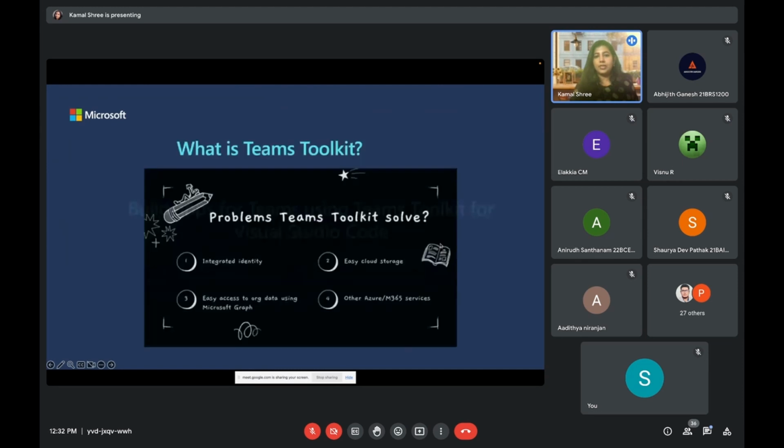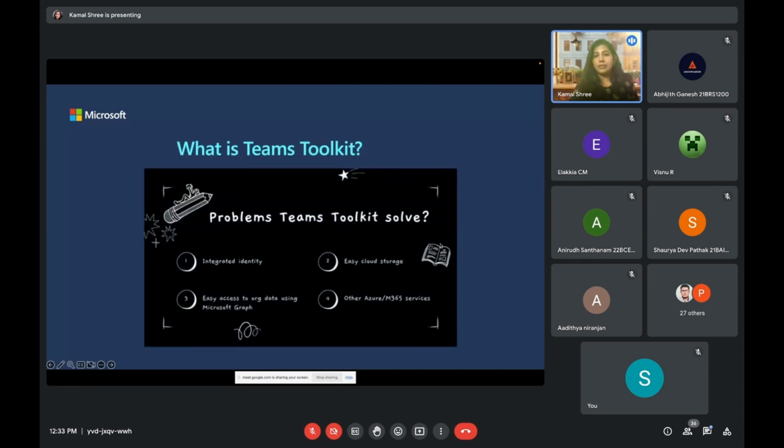Okay, so we will see why we are using Teams Toolkit to build one. First thing, it's easy to use. It is standalone. Plugins are available. All you have to do is just click a button. You get the entire scaffold built. So once you start creating apps, you will get to know how easy it is to build either a tab or a bot. I think by 5 clicks, you can create a customized bot, which I will not show you today, but once you get into the bootcamp, you will get to know.